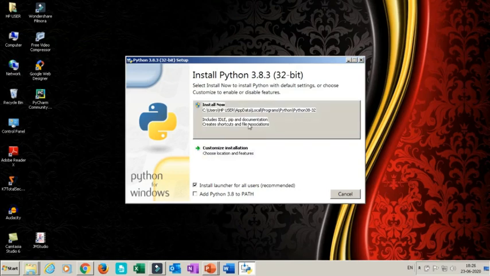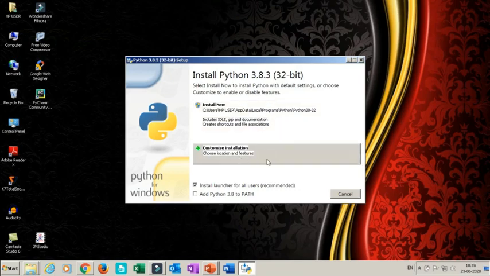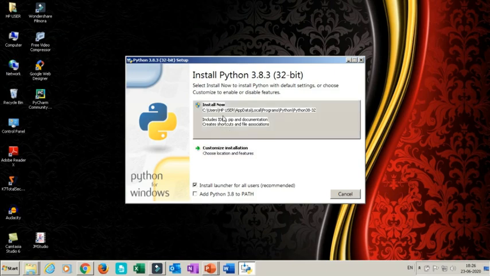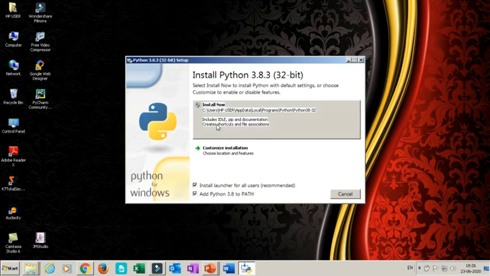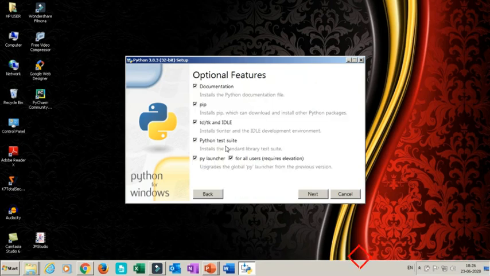When we proceed, the next dialog box will open. That will show an option to install now. The second option is customize installation, and at the bottom you can see two checkboxes. Either you can go for the default installation, or you can customize. Better we use the customize installation, and don't forget to select this option, that is add Python 3.8 to PATH. Python has to be set up in the environment, so better we check it from here itself. After it you can go either for install now or customize. It is better to go for customize so that the Python folder can be easily accessed.